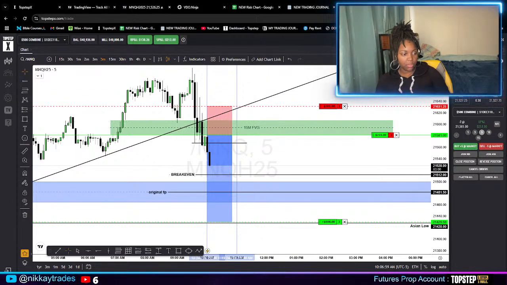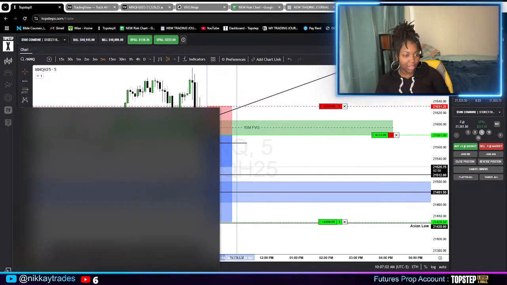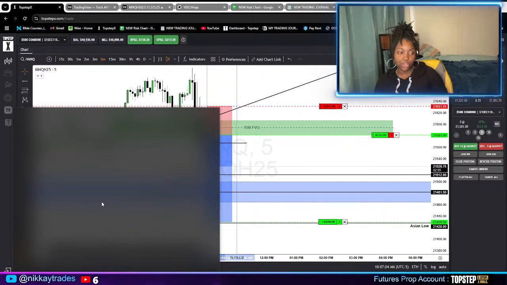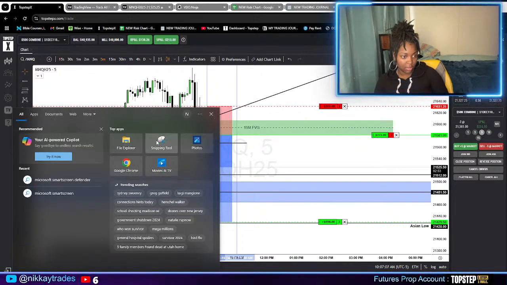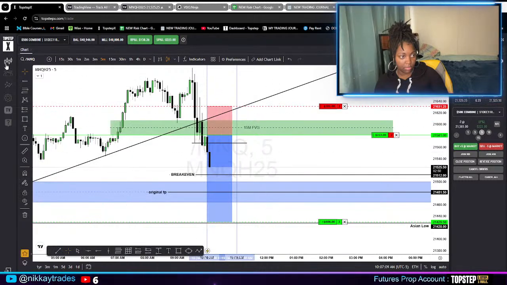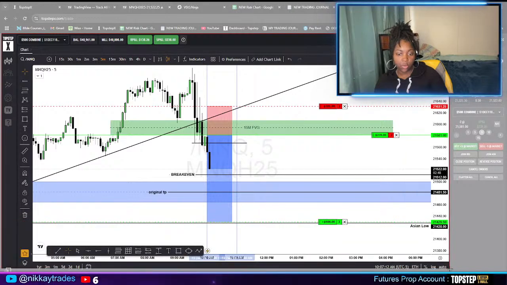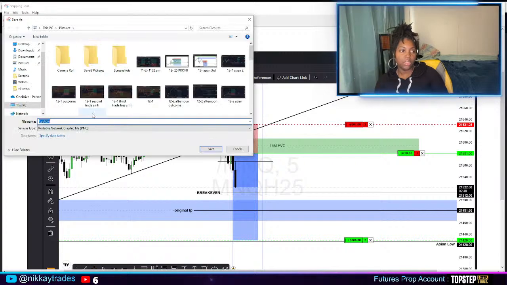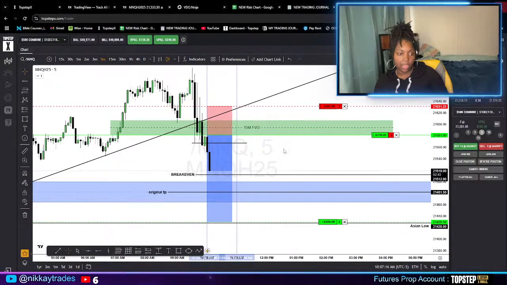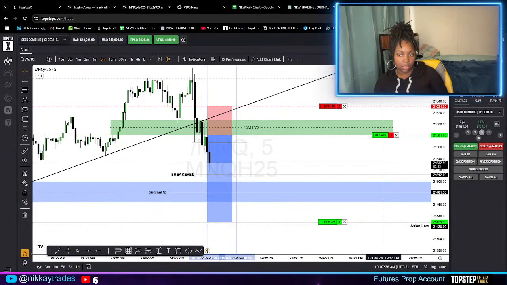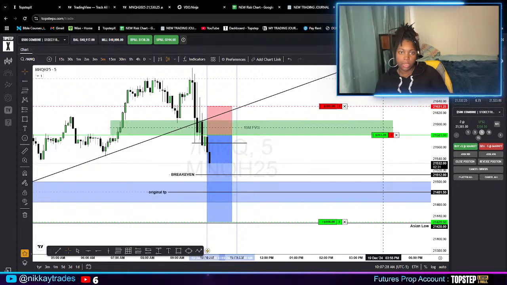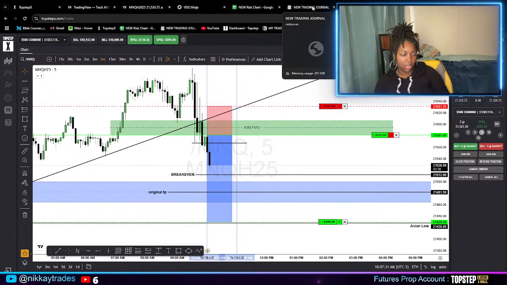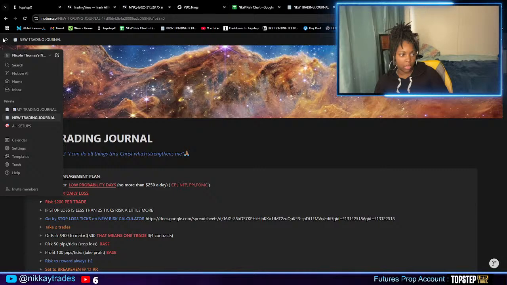Oh, I forgot to do my screen. No, I didn't forget, I just remembered. Always journal your trade, guys. It doesn't matter if you take a screenshot on your phone, or even if you missed it right when it happened. Always journal your trades, y'all, so you can go back and look at your setups and see what they look like. I have a whole folder of my setups